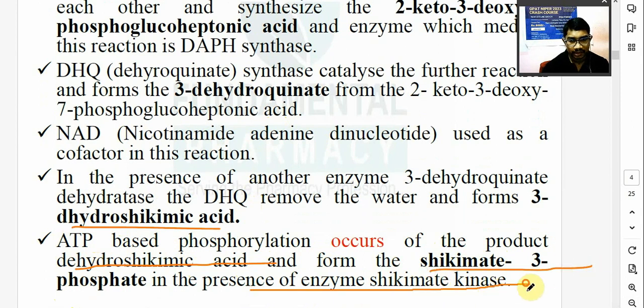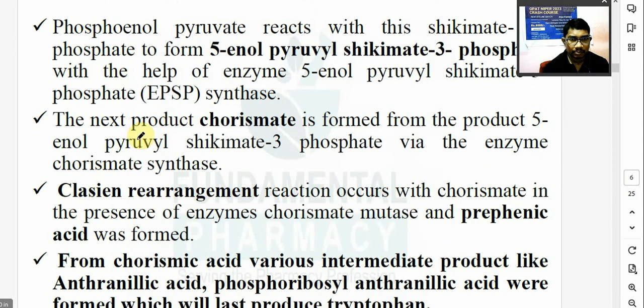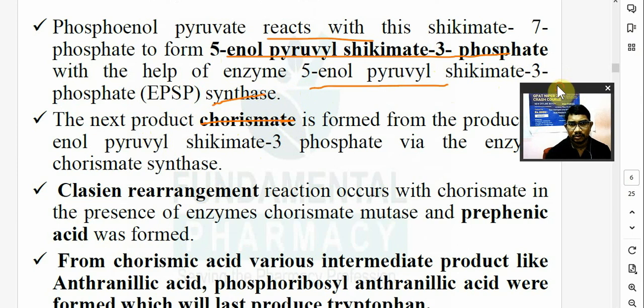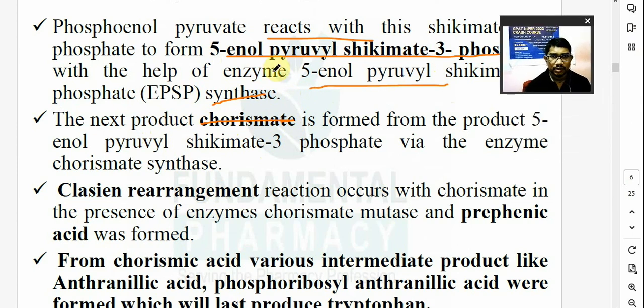इसके बाद में Claisen rearrangement occurs with the chorismate in presence of enzyme known as chorismate mutase, and there is a formation of prephenic acid. From the chorismic acid, various intermediate products like anthranilic acid, phosphoribosyl anthranilic acid were formed, which lastly will produce tryptophan. तो याद रखना है आपको, यहाँ पे 3 एसिड है, शिकिमिक एसिड है, प्रीफेनिक एसिड है